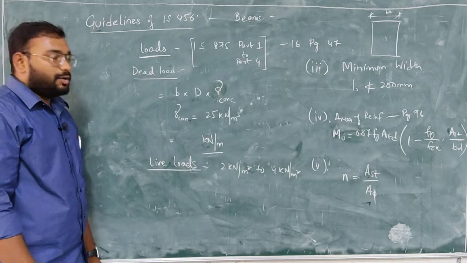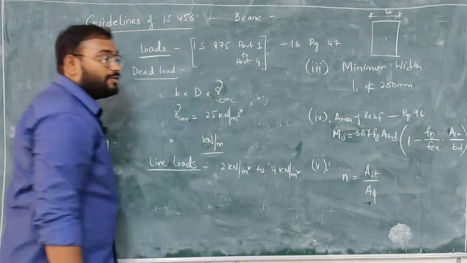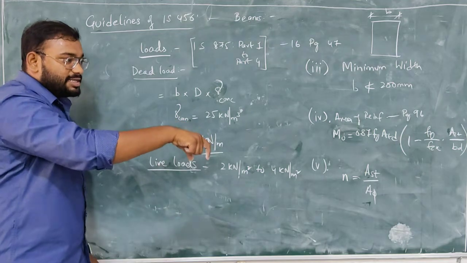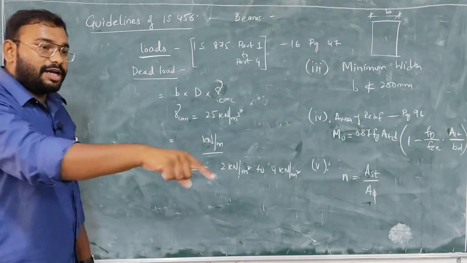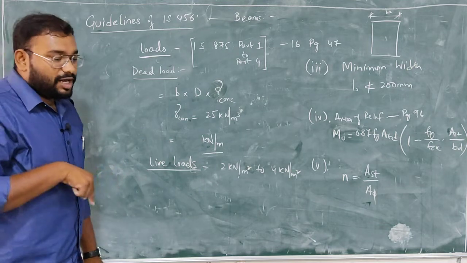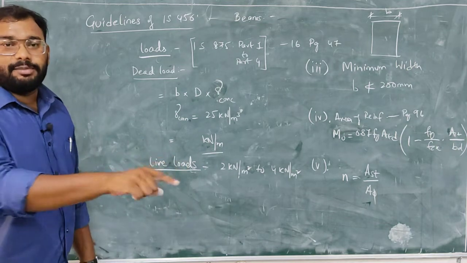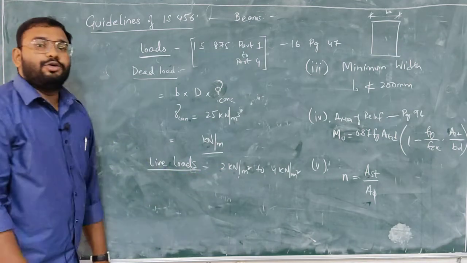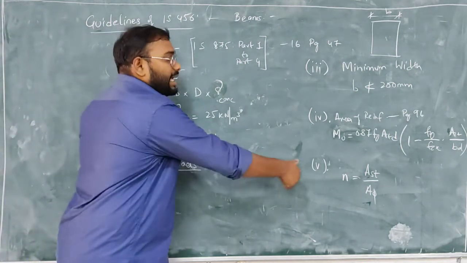Kilonewton per meter square. Now this here is a type of surface load, an area load. Why? Because 2 kilonewton is acting on a square of 1 meter by 1 meter. 1 meter by 1 meter will give me a 1 meter square area. So for a 1 meter by 1 meter area, how much load is acting on that? 2 kilonewton. So these are types of area loads.